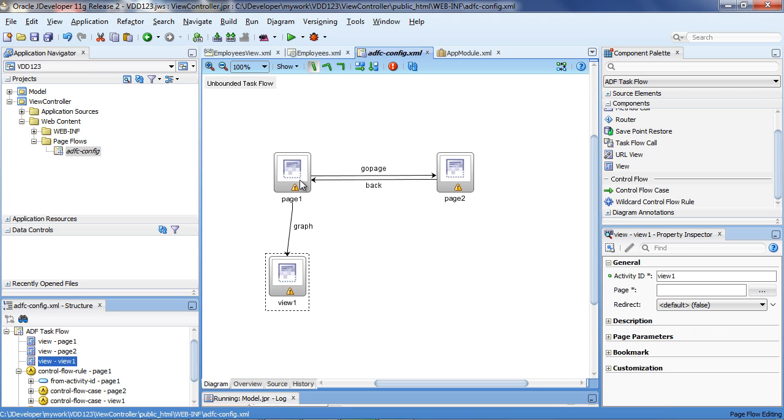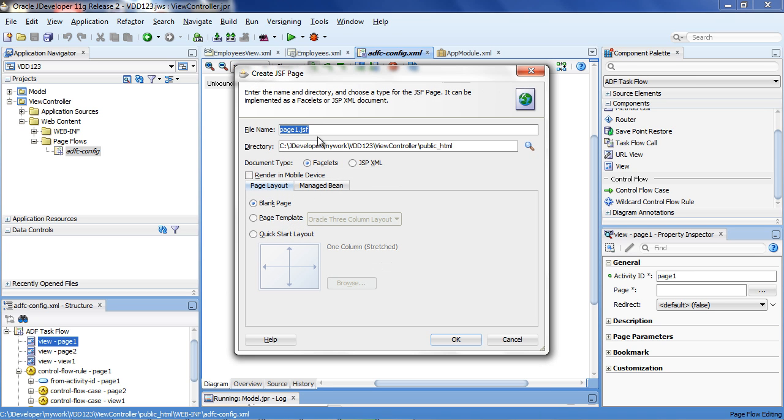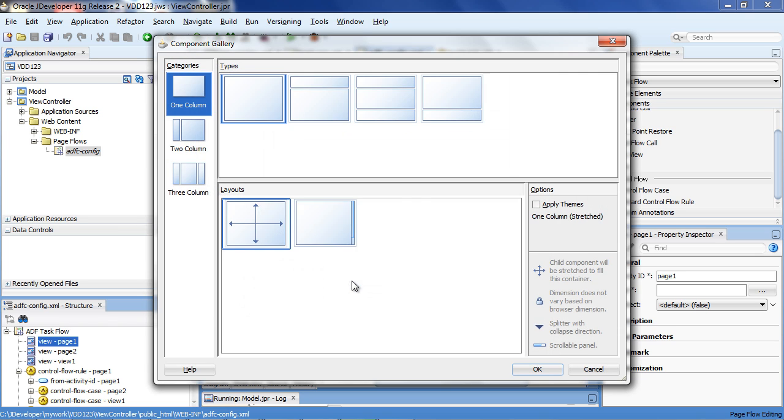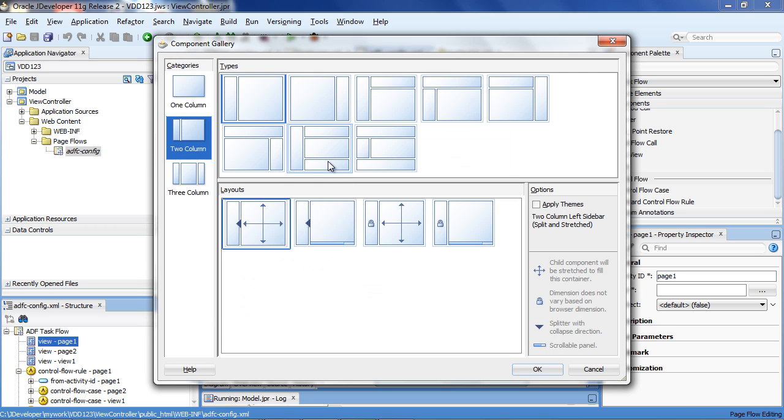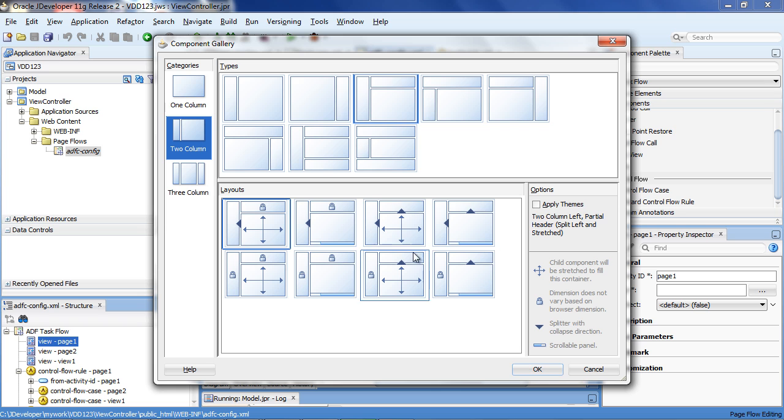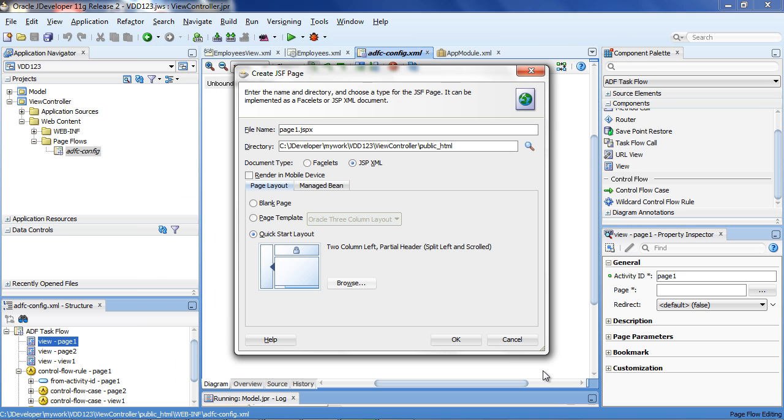So let's actually create the pages, and again in the forms world we'd create a canvas, and we have a similar concept here. We have a page. It can be based on a template, or it can be based on some of the predefined layouts that we have. So if you want a particular layout to your page, it's looking something like that, you can do so.